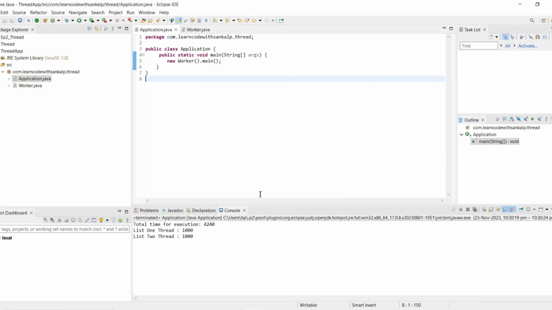In this example, the issue is that it is taking too much time. For that we add some thread code inside our process method.